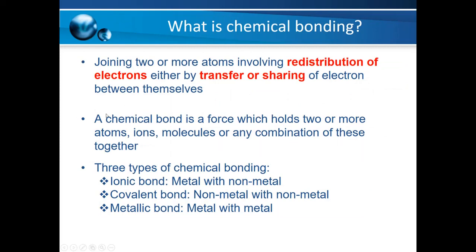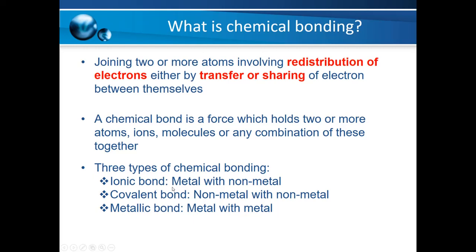What is a chemical bonding? Joining 2 or more atoms involving redistribution of electrons either by transfer or sharing of electrons between themselves. So to produce a chemical bonding, 2 or more atoms will transfer or share electrons between each other. And a chemical bond is a force which holds 2 or more atoms, ions, molecules, or any combination of these together. And there are 3 types of chemical bonding, which are ionic bonding,